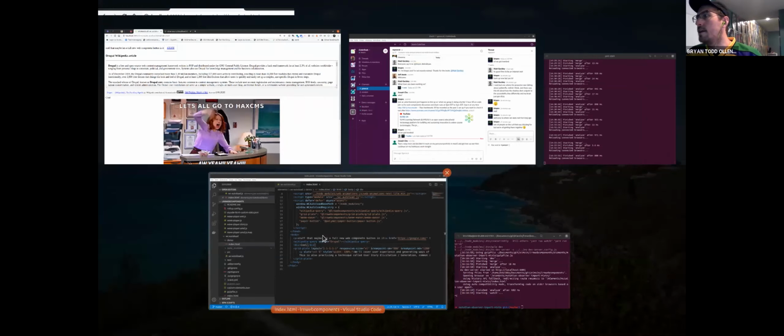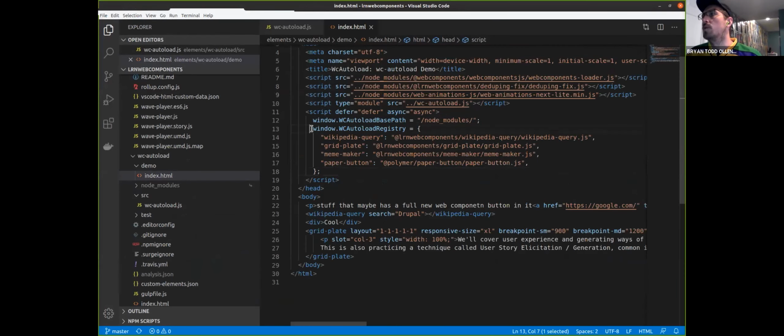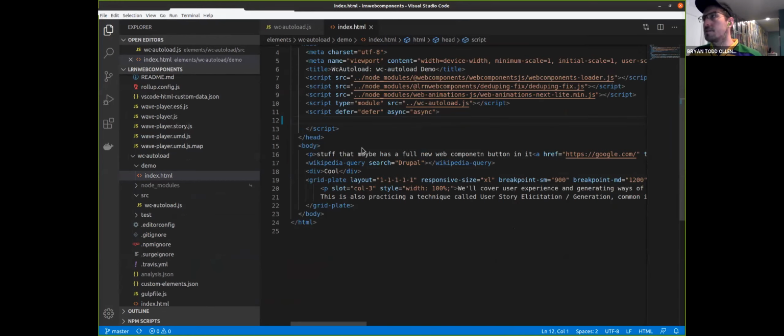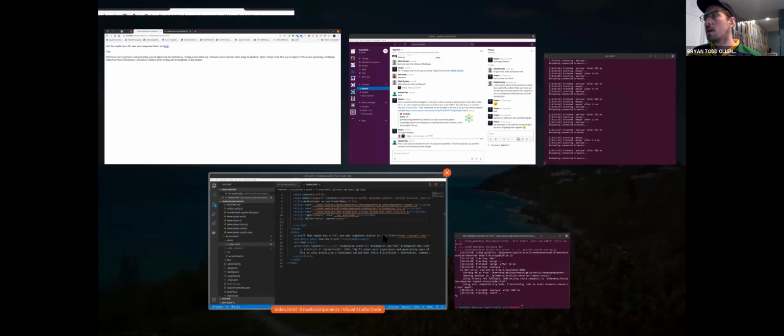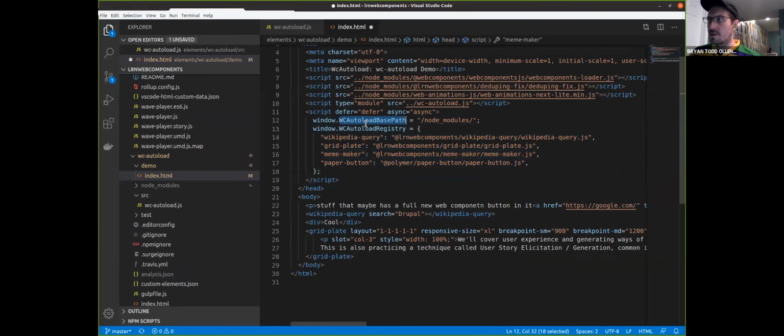So that is in, there's a window.wc autoload registry. And so, like if I take out these two things, as evidence, save, and then go here, all my definitions go away. Now, in most production environments, you won't need that. That's literally something I need for local development. But the tags are all defined in this little registry here. So like, for example, if I wanted HAX,